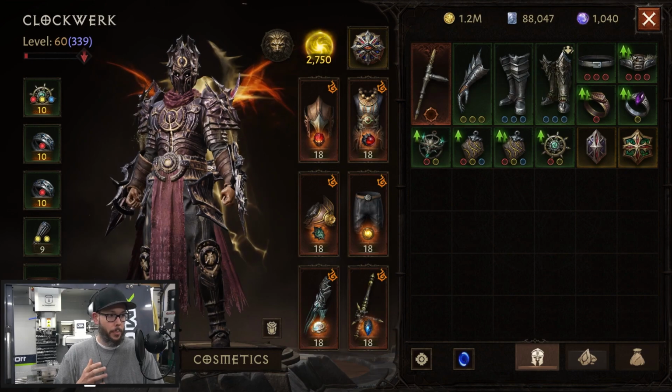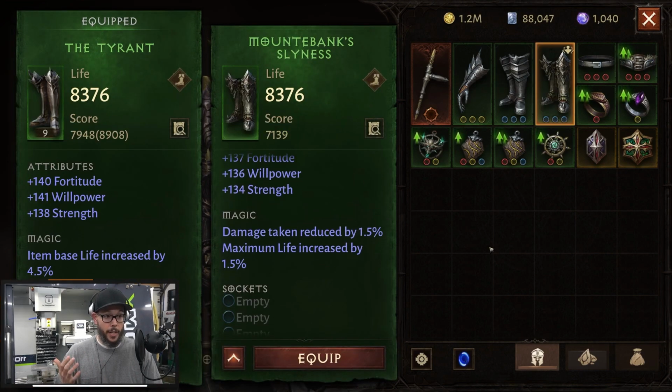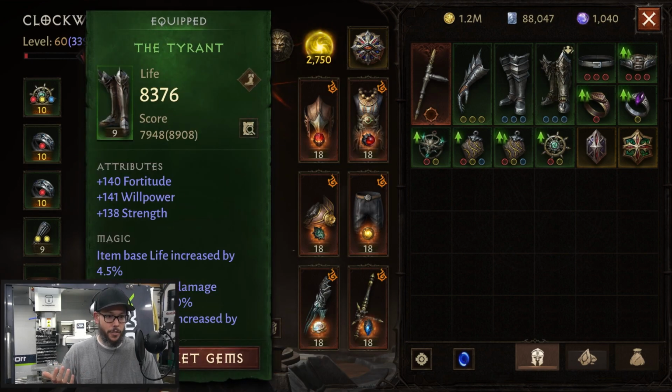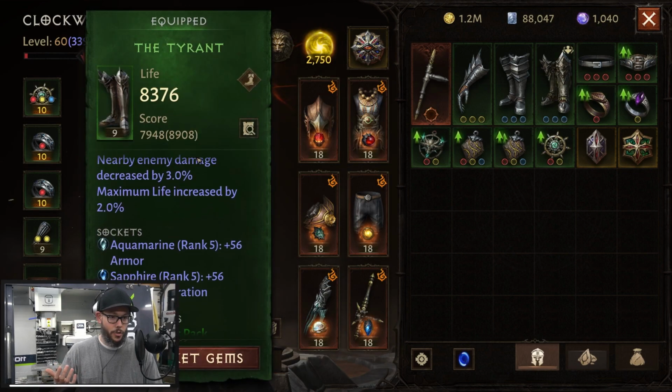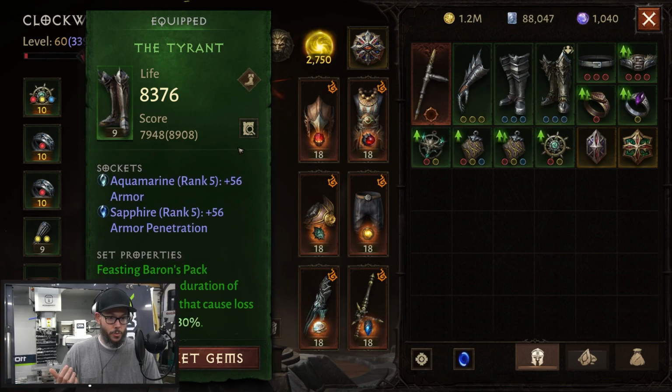During the match, I believe I was wearing the Mount Banks belt and boots, but doing dungeons today, I happened to actually finally find a good green item. We got a triple double. So it was a 3-stat, 3 magic, 2 socket. Man, if this was a 3 socket, it would be like the perfect green item, but it did allow me